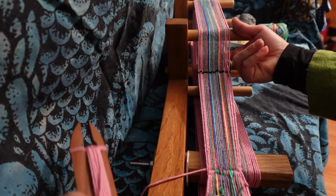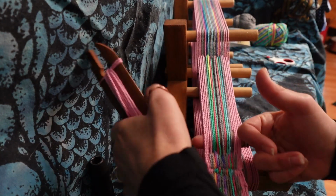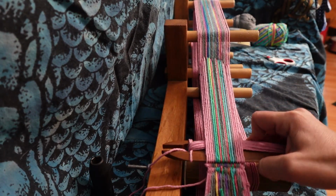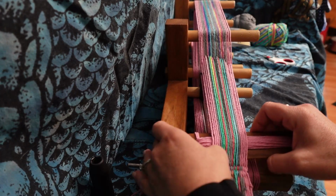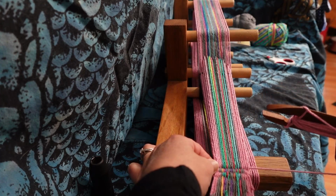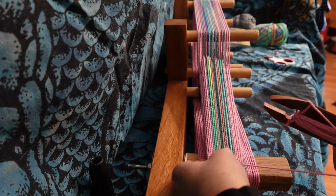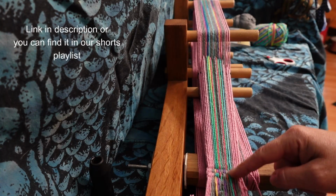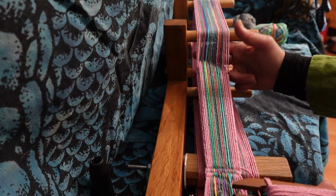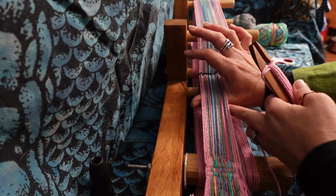We're back to the up, so we're going to push it up. Make a whole new shed for ourselves. Pass the shuttle through. Push it down. And we're going to start to see our pattern emerge. Like I said, I'll link the red and orange belt video I made for that. It'll be a little easier to see the pattern coming through. And this belt, the gray, is a little tricky to see, at least right now. Once we get more, it might be easier, but...